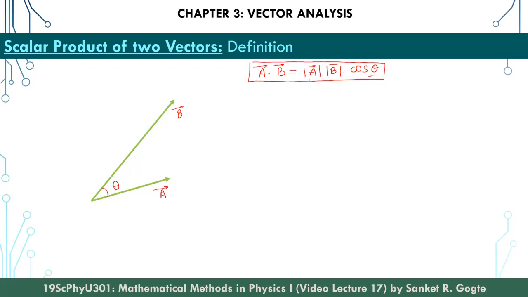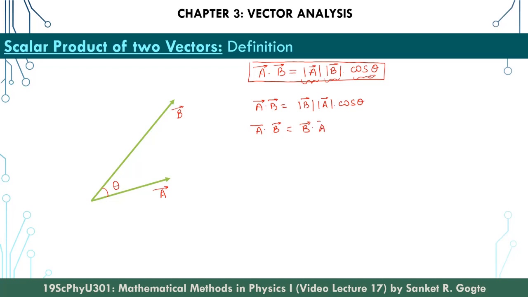Now it should be very clear that here we are multiplying these three quantities: magnitude of A, magnitude of B and cos theta, and therefore we can always rearrange this to write A dot B as magnitude of B, magnitude of A into cos theta,